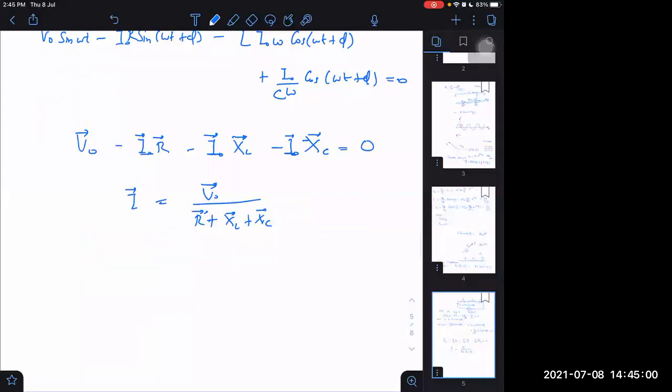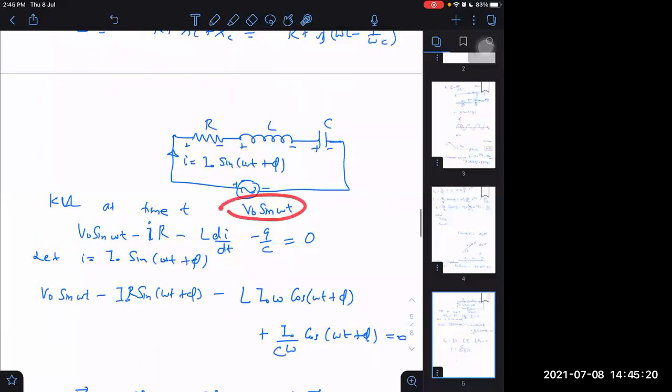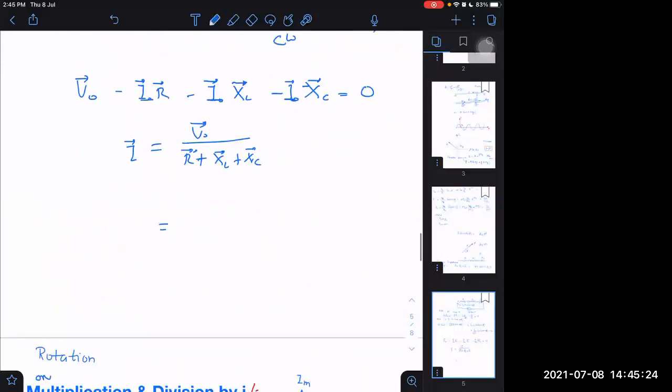Okay, this is it. Now you may be thinking, sir, how are you dividing by a vector? Vector division is not possible. That's why I said it is not a vector, it is just like a 2D vector. It is like a complex number. We can divide in this, no problem in that. Now you tell me, what was V naught given? V naught was given just V naught sin omega t. Means it is real. Then I can write it as V naught into e raised to power j0. It has 0 phase, or I could just write it V naught.